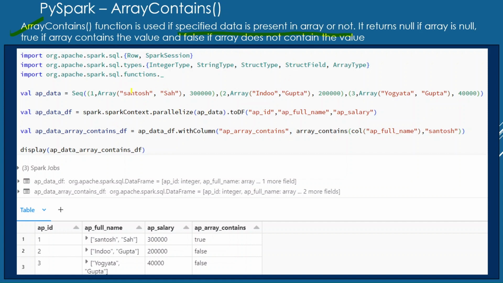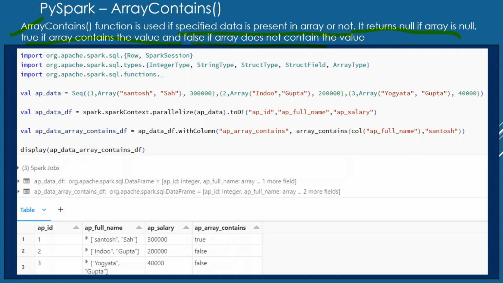It returns null if the array is null, true if the array contains the value, and false if the array does not contain the value. So what does it mean?